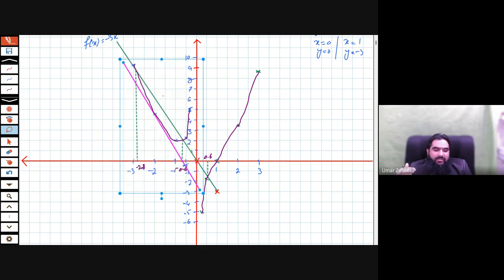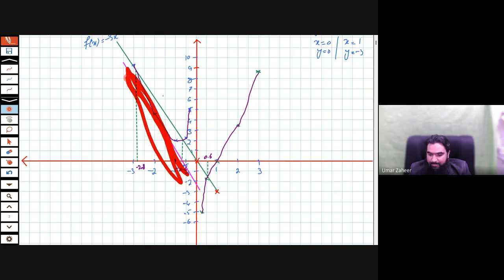To draw the tangent, you need to use a ruler. Okay, you have to try your best to draw a line that just touches the point and passes along the graph. All right, so this is the tangent